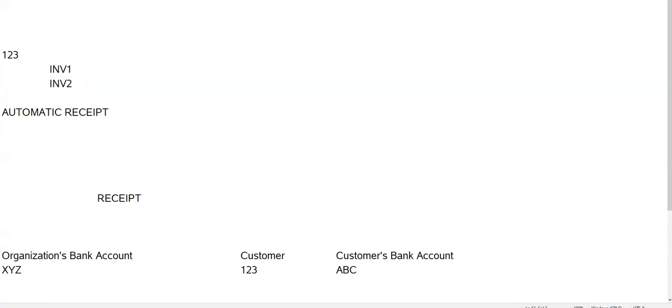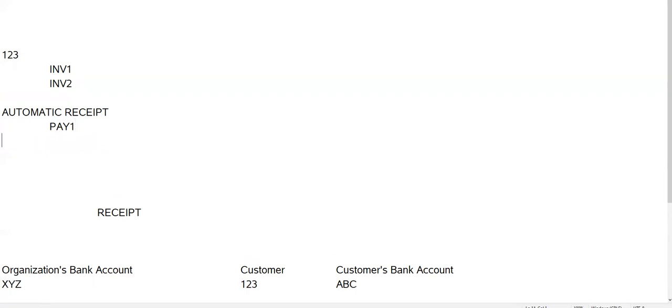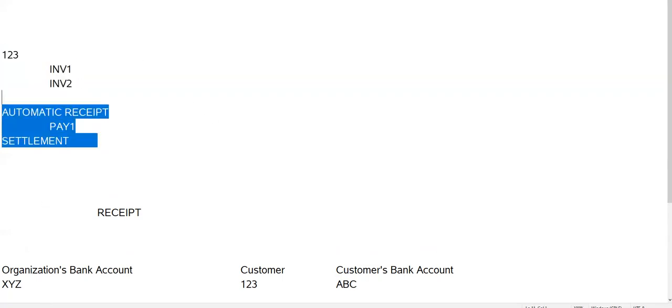Let us say the payment number is 1, and then this payment will be sent directly to the customer's bank account for settlement. Then the customer's bank account will honor the particular payment instrument and transfer the amount to the organization's bank account. That's how the cycle goes.